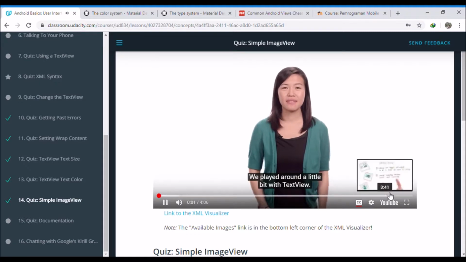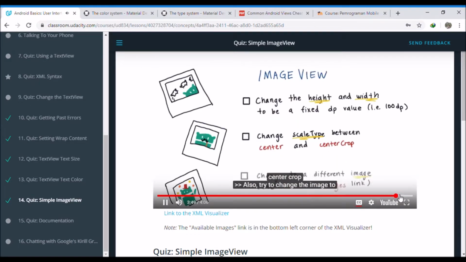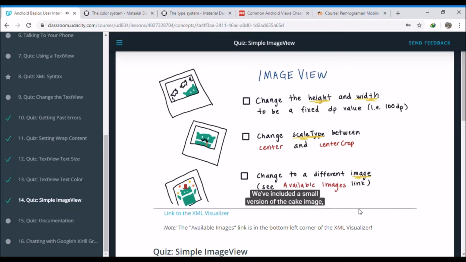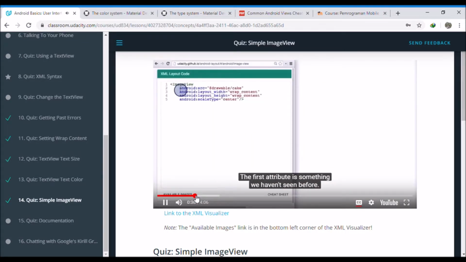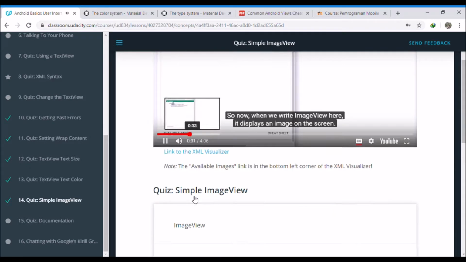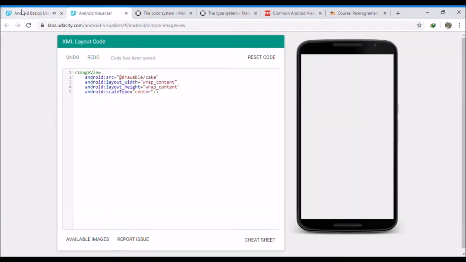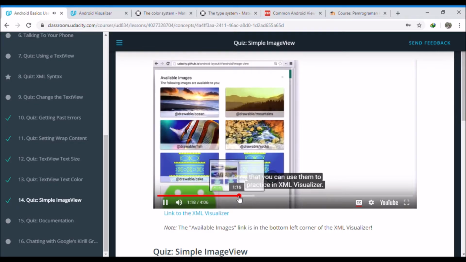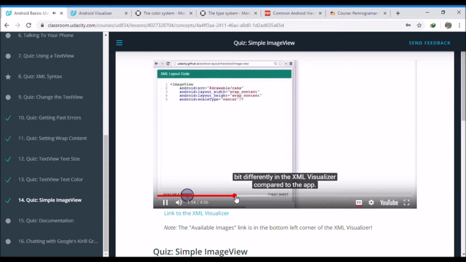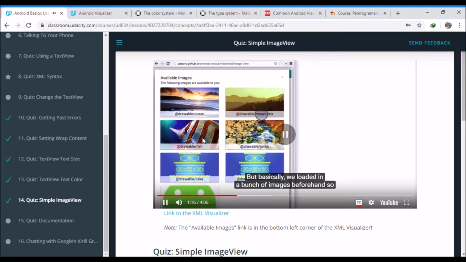We played around a little bit with text center and center crop. Also try to change the image to something else by checking the available images link. We've included a small version of the cake image as well as a larger version so that you can try the different scale types. Attribute is something we haven't seen before. It says, and now when we write image view here, it displays an image on the screen. The first attribute is something we have. The file name and drawable, you don't need to say. If you're wondering where this image is in, so that you can use them to print in a bunch of images compared to the app. But basically we loaded in a bunch